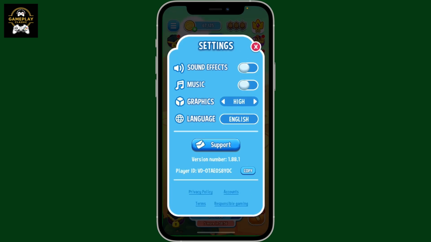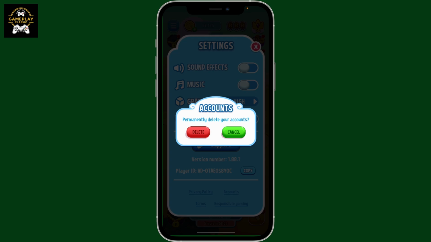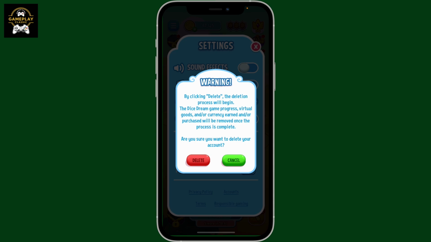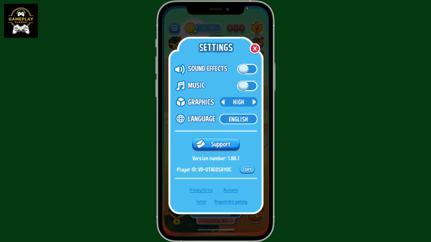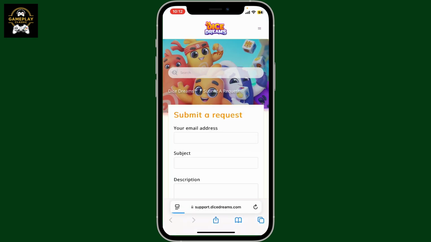Now at the bottom, you will see an Accounts tab. Simply tap on it. This will now ask you if you permanently want to delete your account. If you want to do that, click on Delete in red. Remember that by deleting your account, you will lose all of your game progress, virtual goods, and all of your goods that you've purchased will be removed once the process is completed. To confirm that you want to delete it, click Delete once again, and then you will be taken to